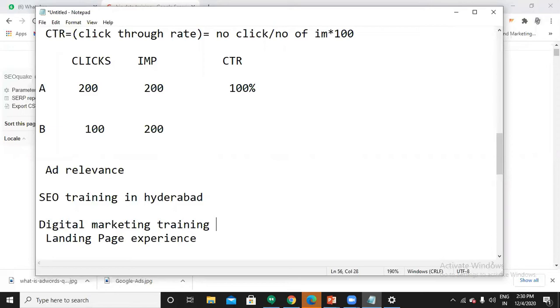Is that relevant for our users? No, it is not. Yes, SEO is a part of digital marketing, but that person is looking exactly for SEO training and you are showing complete digital marketing. So will anyone click on your ad? No. You should try inserting the keywords in your headlines. When someone searches for SEO training, if I see headlines which consist of SEO training, I'll definitely click on that ad.